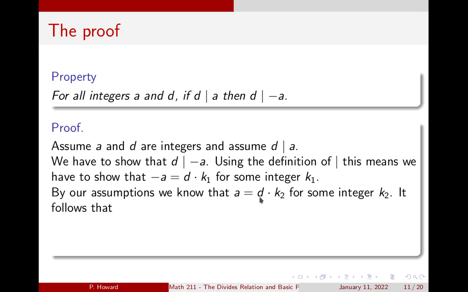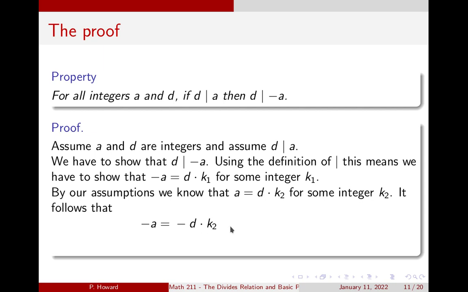And now we somehow have to derive this equation, minus a is d times k1 for some k1, from this equation, a is d times k2 for some integer k2. Okay, so it follows from the assumption a equals d times k2